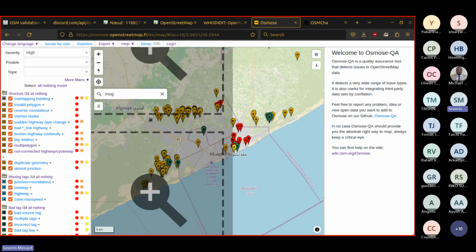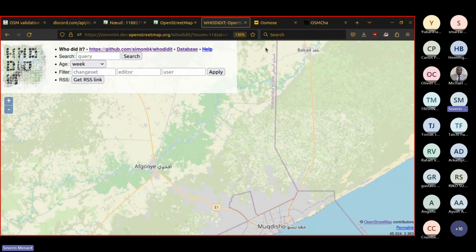If I see a lot of new contribution over the area, I will see very quickly, because in the list of changesets and their comments, I will see if there is a hashtag.